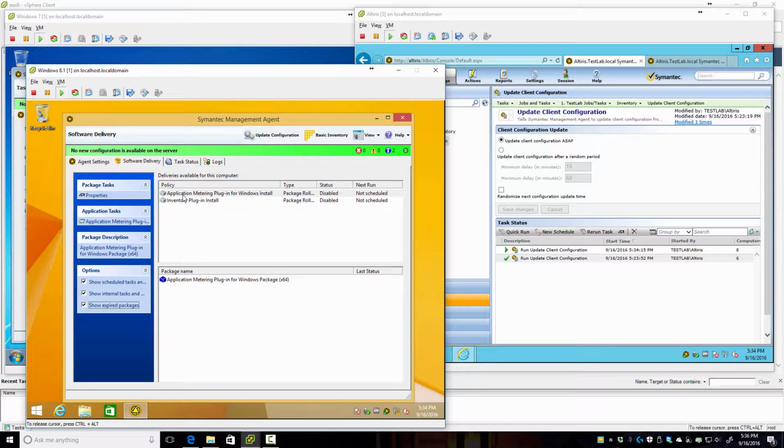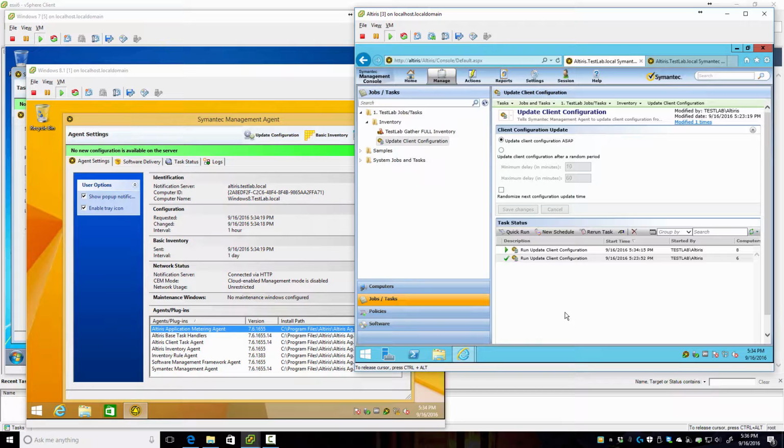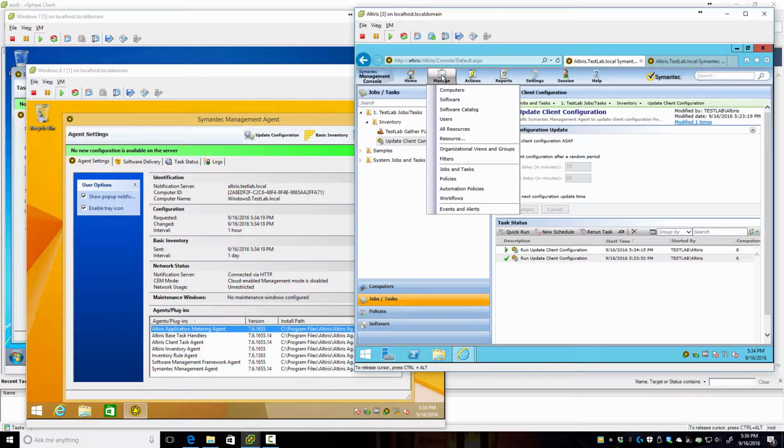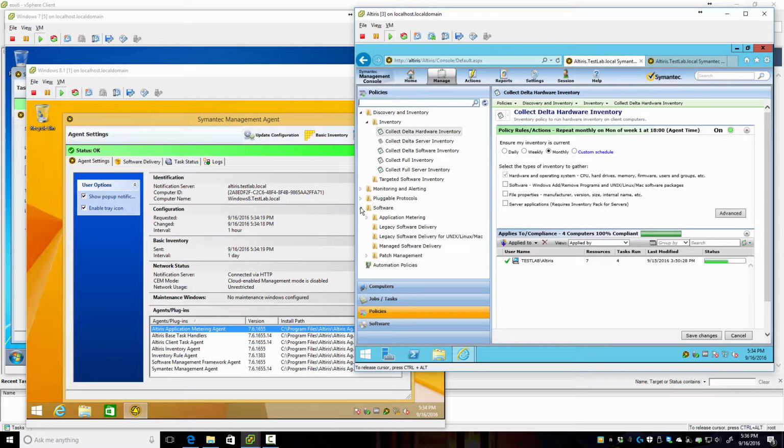So we have the application metering agent already. It did not shut down the Altiris agent. Come over here. There's the application metering piece. Now, application metering, there's a lot to it. Nice stuff, neat stuff, good and bad. I will get into that now. I guess we could jump over to that. All right, let's do manage policies, software,